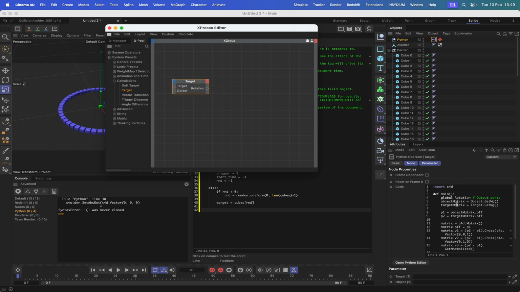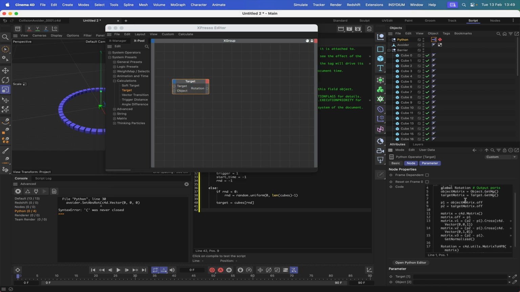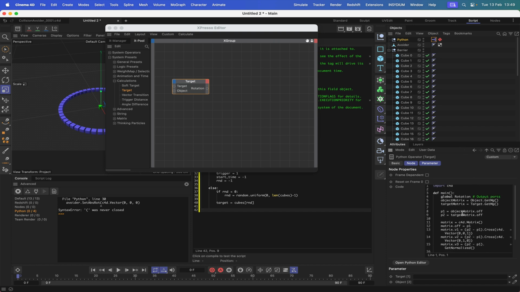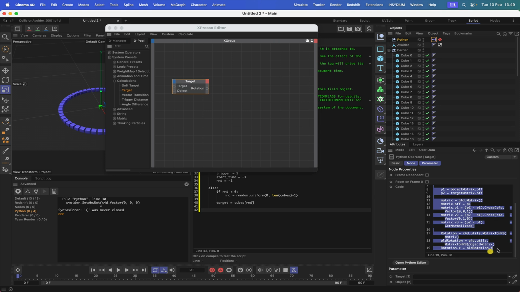Now, if we come into here, we can see we've got the code over here, and we need this code. This code is going to be very useful to us. So what we're going to do is copy it. Now, I would give a shout out to the person who created this, but it's not credited to anybody. But whoever you are, many thanks for doing it, because this is very, very useful to us. We don't need the global rotation because that deals with this output here. We're not interested in that, but we are interested in the rest of it. So if we just select all of this and copy it,